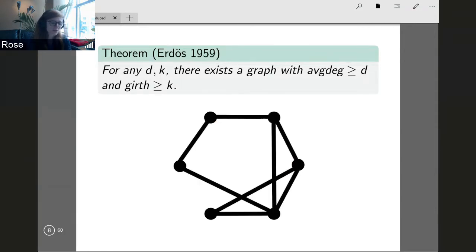Now you can show that in expectation, it doesn't have many different short cycles. This graph has exactly two triangles, this triangle and this triangle. Now if we delete one edge from each triangle, in expectation, this is going to be a graph with high average degree. And also, because we deleted all triangles, this particular graph has girth at least 4. The girth goes up whenever you delete all short cycles. So we'll see this sort of idea showing up again later.